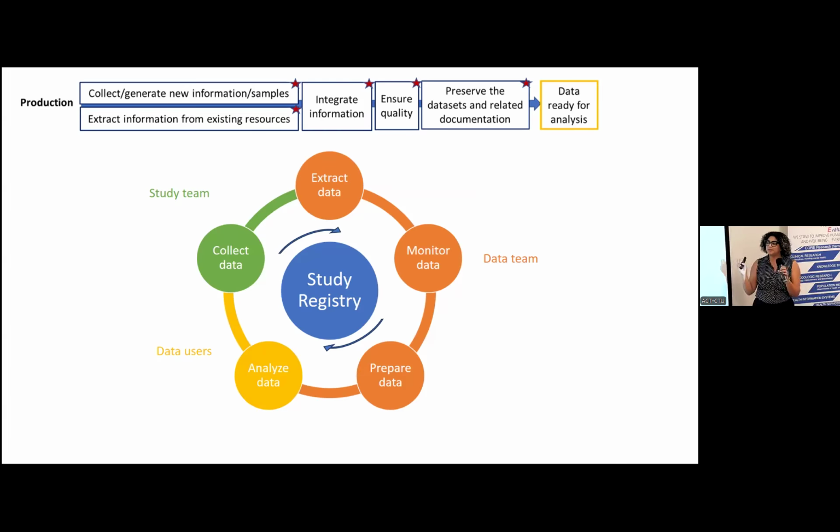And by release, I mean taking a snapshot of what the database looks like at time X. So you have the participants that are recruited so far, the data, you make sure that that data is clean, you prepare the related documentation, you generate data quality reports,